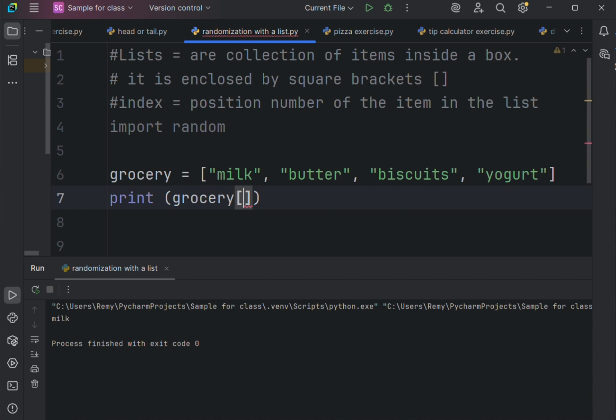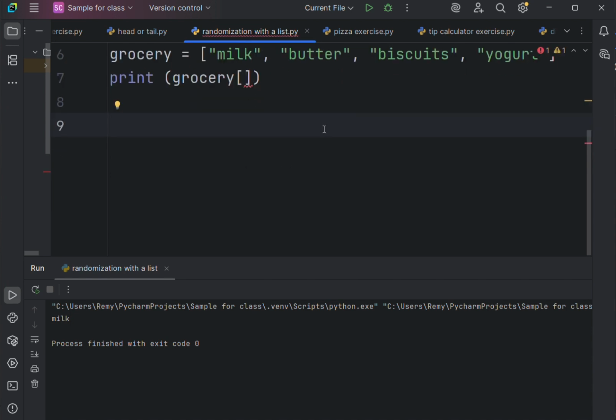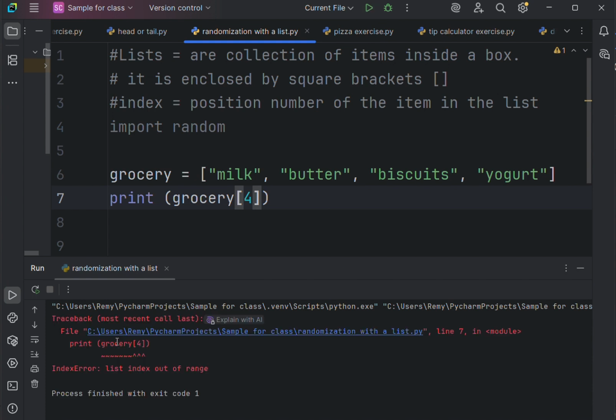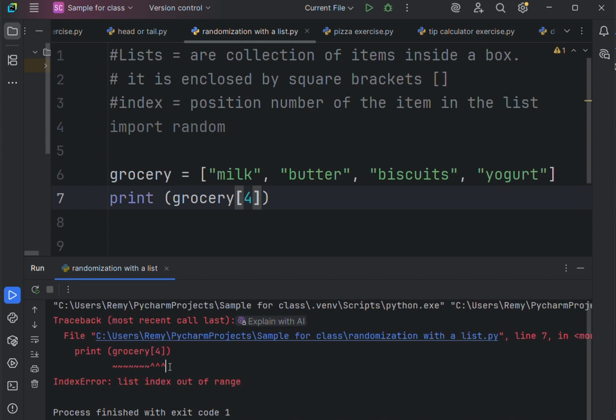Milk. Very good. If I write here number 3, then what will be printed is yogurt. How about I write number 4? What will happen? There will be an error. So there will be an index error stated here. As you can see below, there is IndexError: list index out of range. This means that I have inputted an index that is not found in my grocery list.